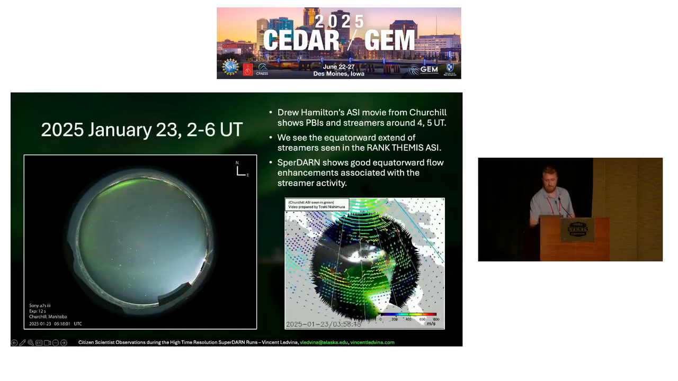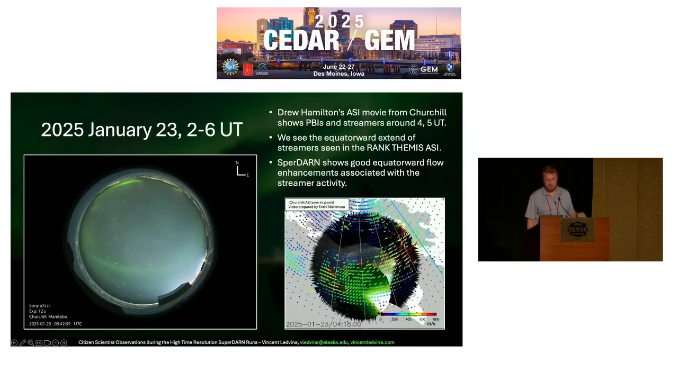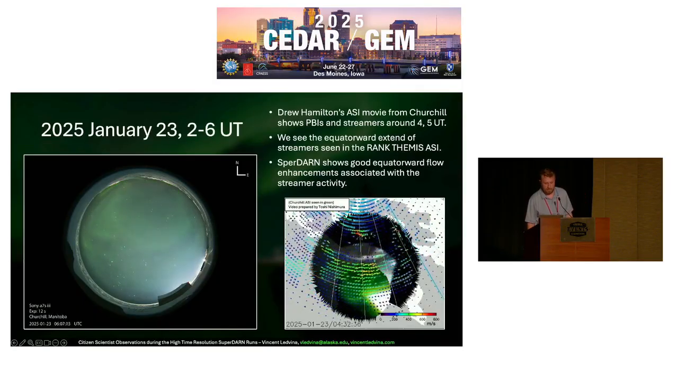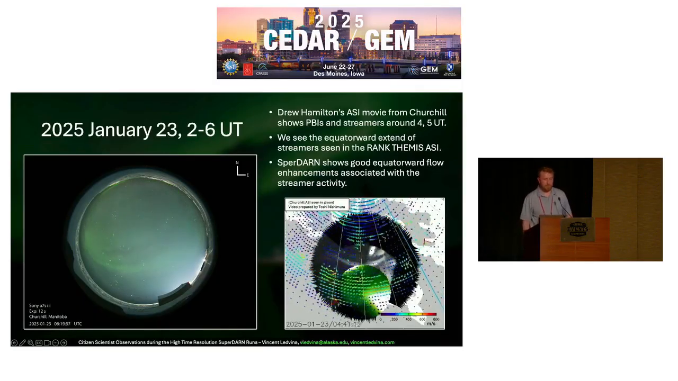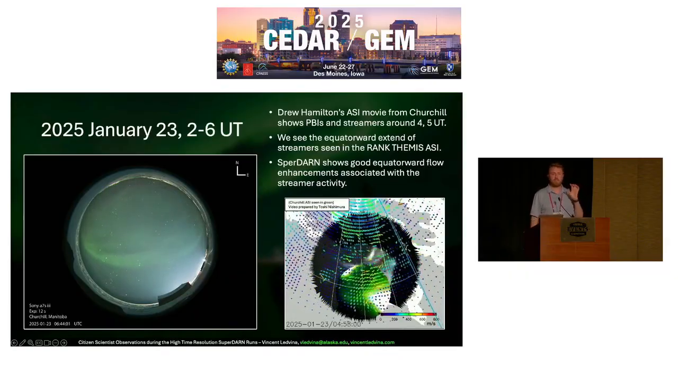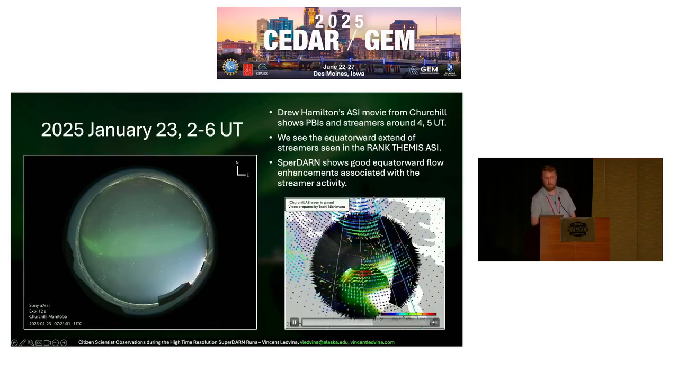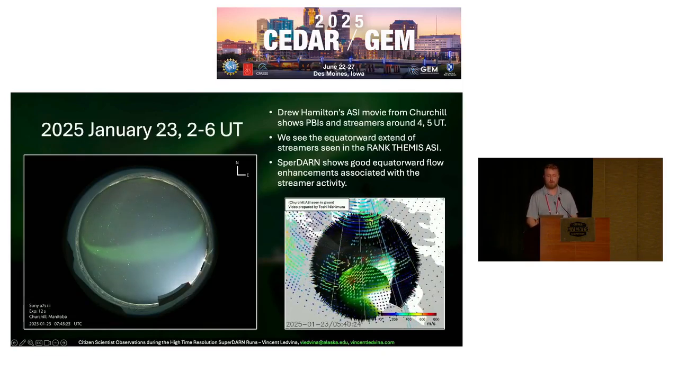On the left, we have Drew's all-sky camera time-lapse. The exposure is on the bottom left. This was taking an image roughly every, looks like, 1.2 seconds. So these cameras can record really, really quick. And I made sure to tell Drew that this is a high time resolution campaign, so we want to get images as quick as possible. And on this night, Drew's movie was able to capture some poleward boundary intensifications, PBIs, and streamers